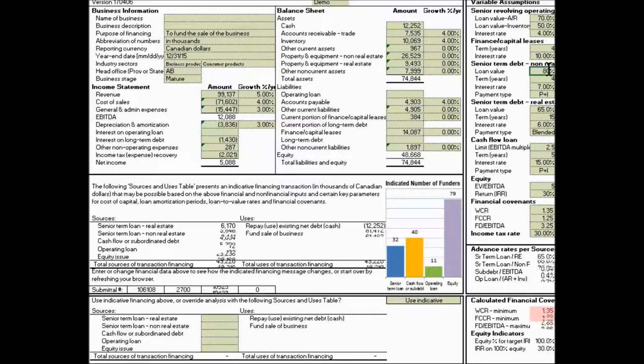And we can see that nothing has changed. Why would that be? That's because, as we can see below, a constraint has been reached, and that's been the working capital ratio at 1.35. If we adjust this ratio downward to relax that constraint, we'll be able to access more of the